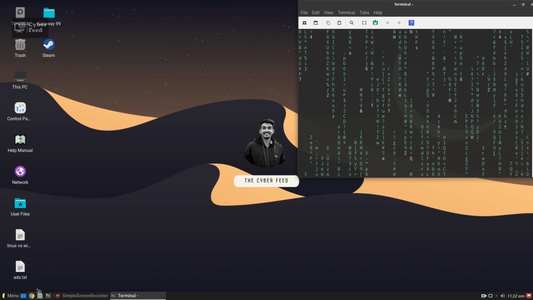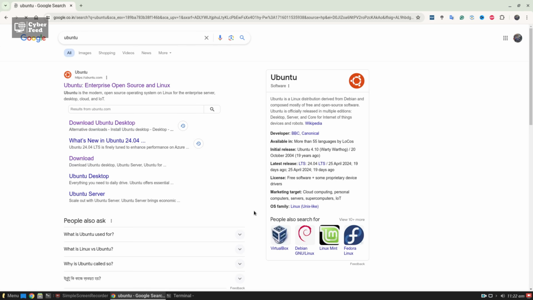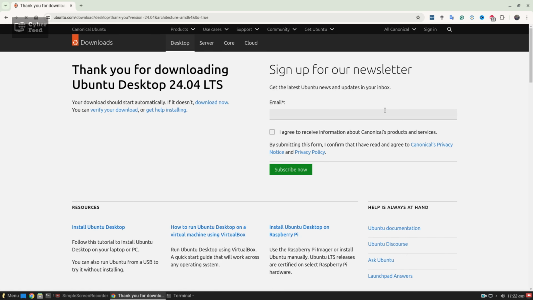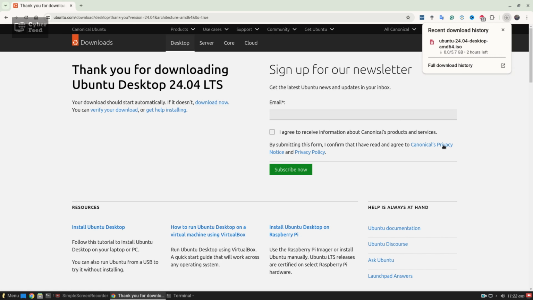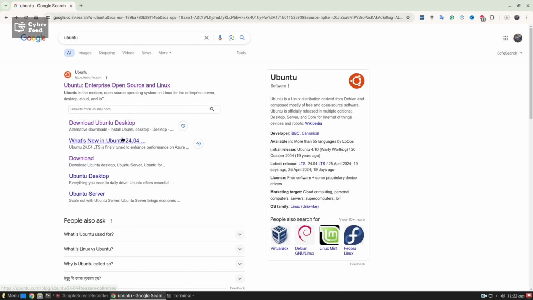In this video we're gonna take a look at Ubuntu's new operating system, which is 24.04. So let's go to Ubuntu's official website. You can see here is Ubuntu 24.04, which is 6 GB, so you can download it. Okay, let's wait for the download to complete, and we're gonna take a look at something else, which is what's new on Ubuntu